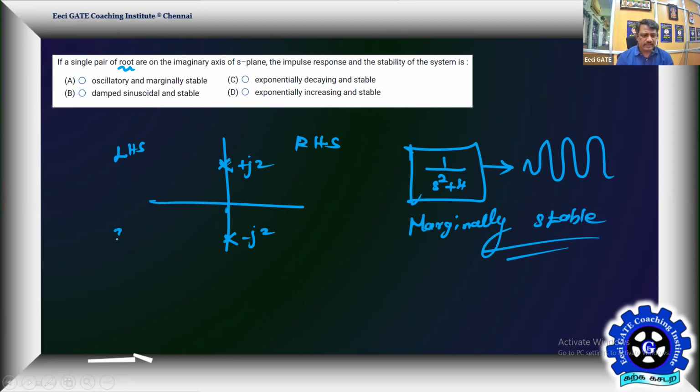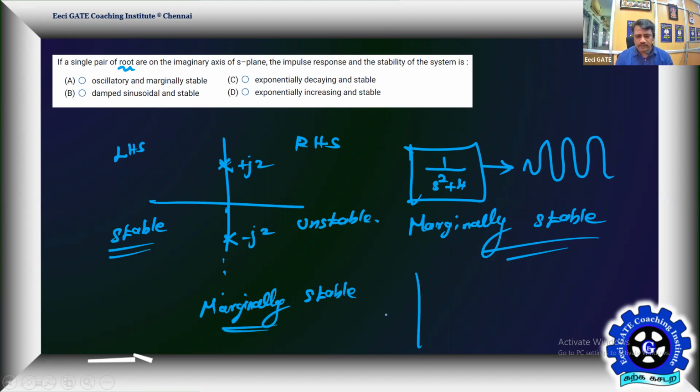So in a stable system, the output will converge, whereas in an unstable system, it will never converge. Poles on the j omega axis mean the system is marginally stable. Suppose we have identical multiple poles on the j omega axis, it is going to become unstable. You have to be a bit careful on this. Only a single pole pair is marginally stable. If it is a double pole pair, this is clearly an unstable system. That's extra information.